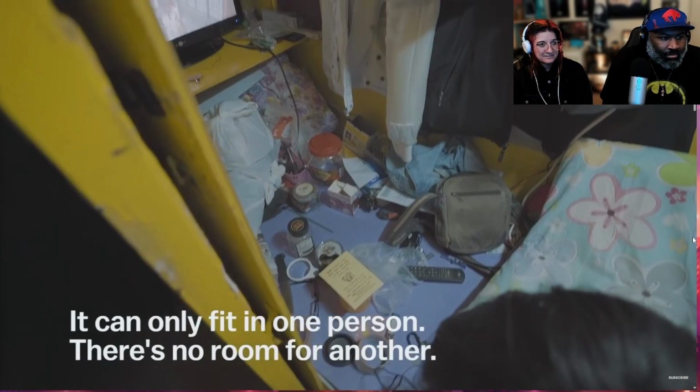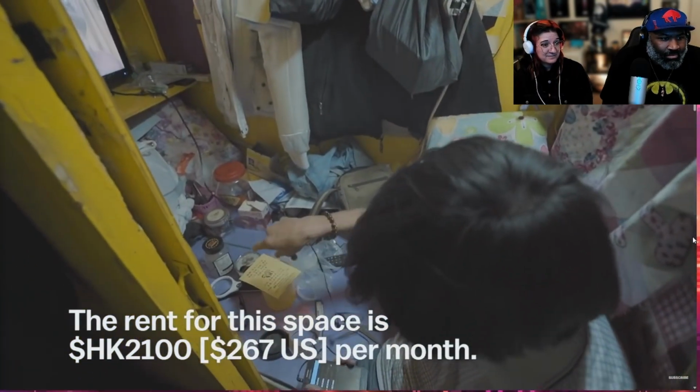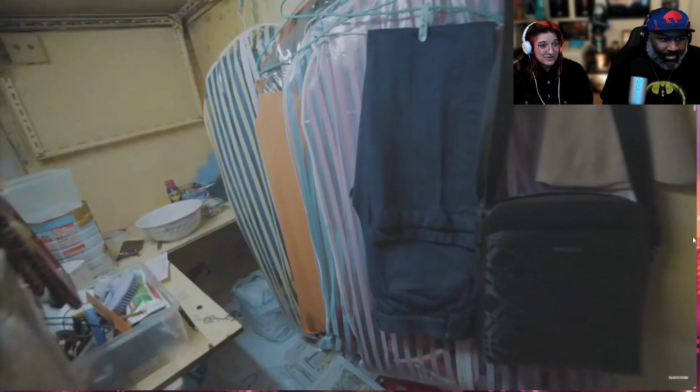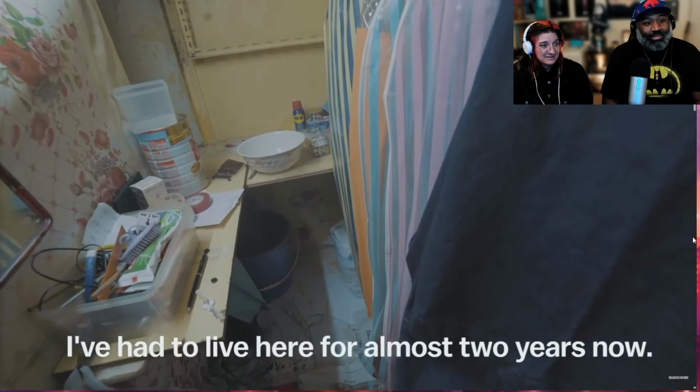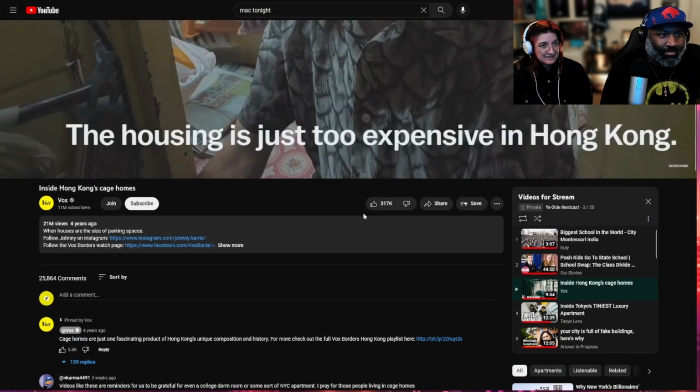$267 a month for just living in a closet. Yeah, not even that. The government is slowly working on